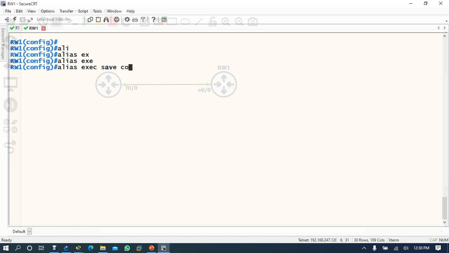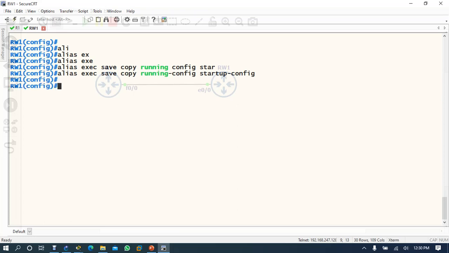What you want to run: copy running-config startup-config. Here you have to write the correct command. Here your tab will not work. So copy running-config startup-config. See, I have written a wrong command because here you have to use a dash. Okay, and now you run here, enter. And one more command, alias exec show ip.